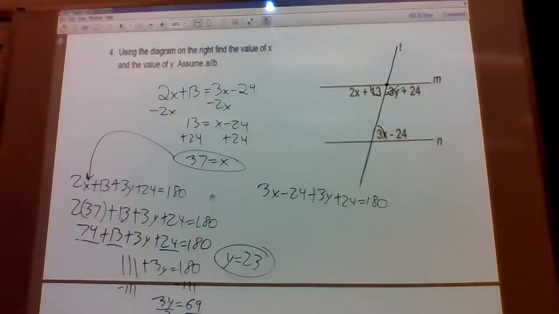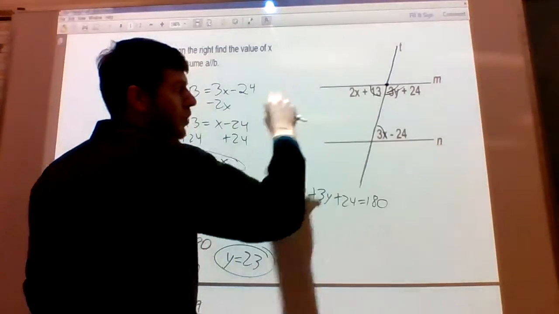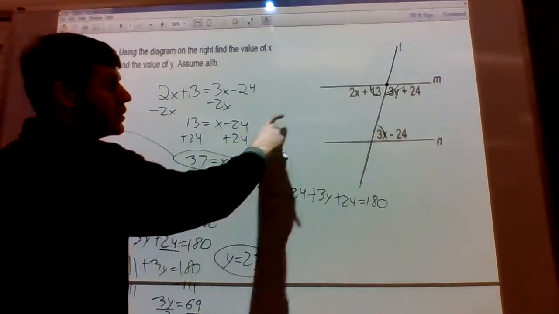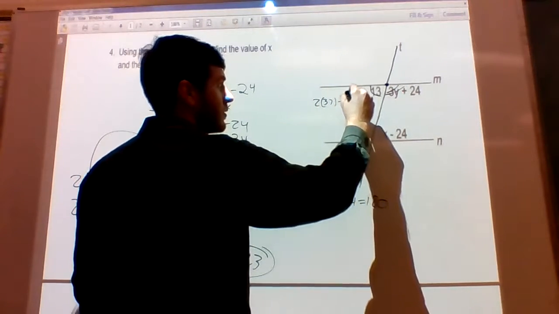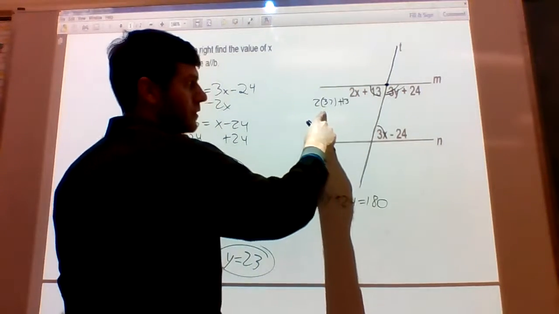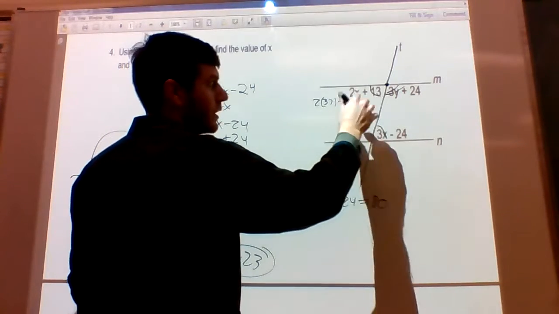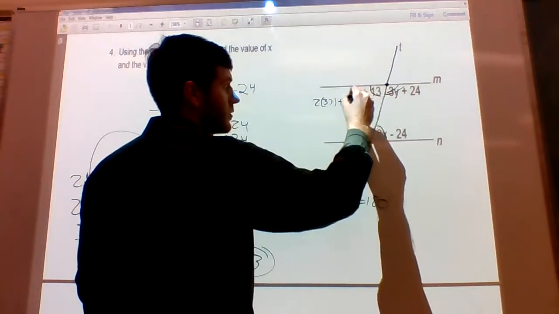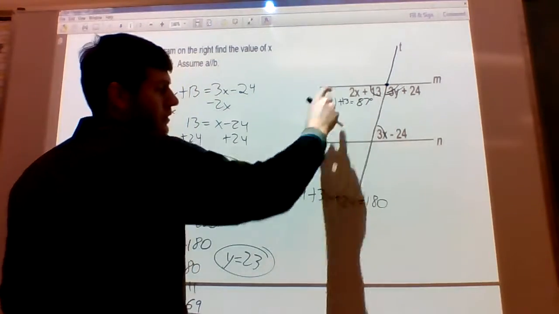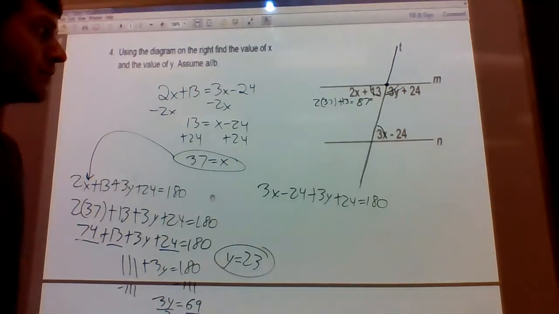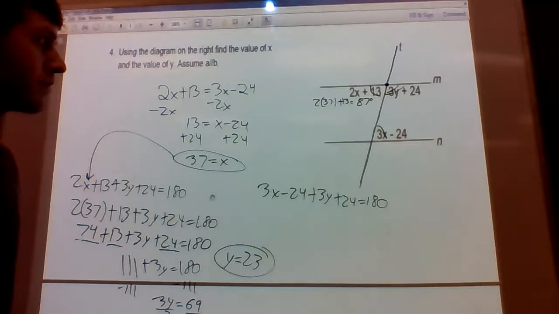23. We could have plugged 37 in first before we wrote our equation. So we could have said 2 times 37 is 74, plus 13 is 87, right? 3, this should also be 87 because alternate interior angles are congruent. 3 times 37, okay? So that's going to be